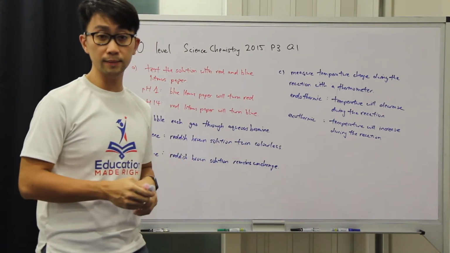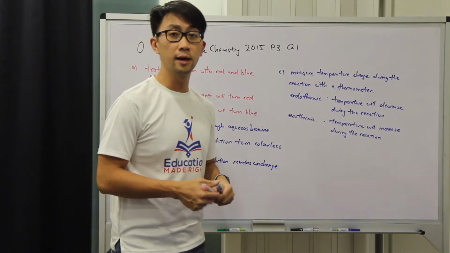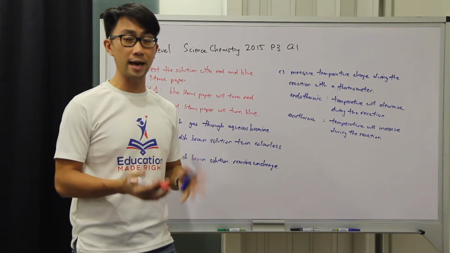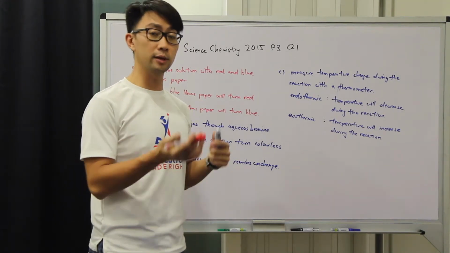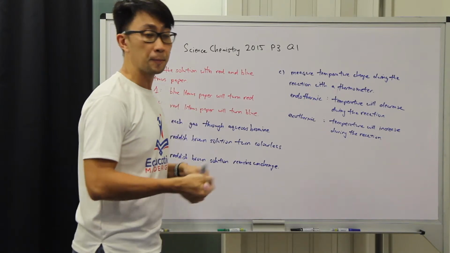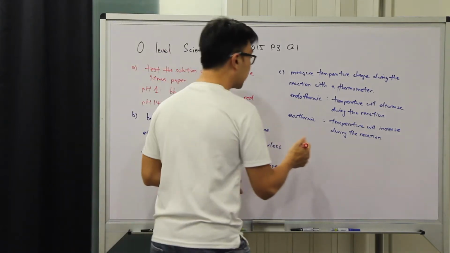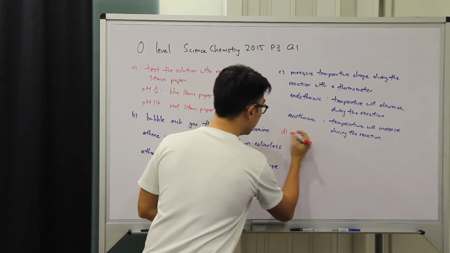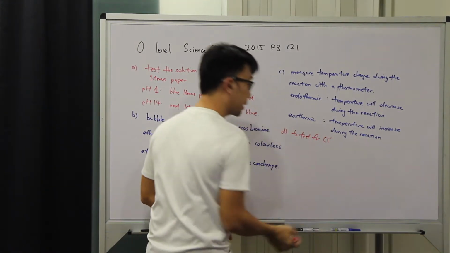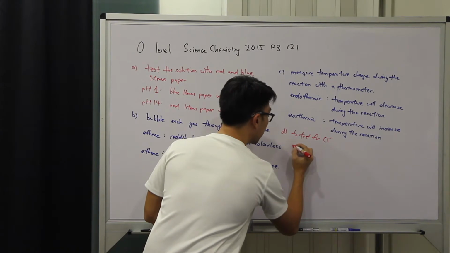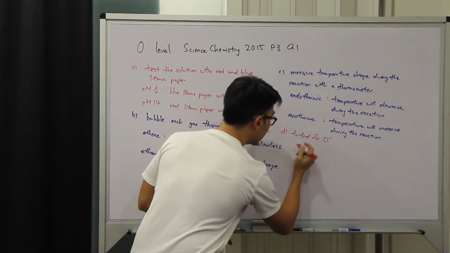Next, part D: a solution of sodium chloride and a solution of sodium sulfate. For this, we can test for the anion because that's the one that's different. We can test for either the chloride or the sulfate. Let me show you how we can test for chloride first. For part D, to test for the chloride anion, the method will be to add